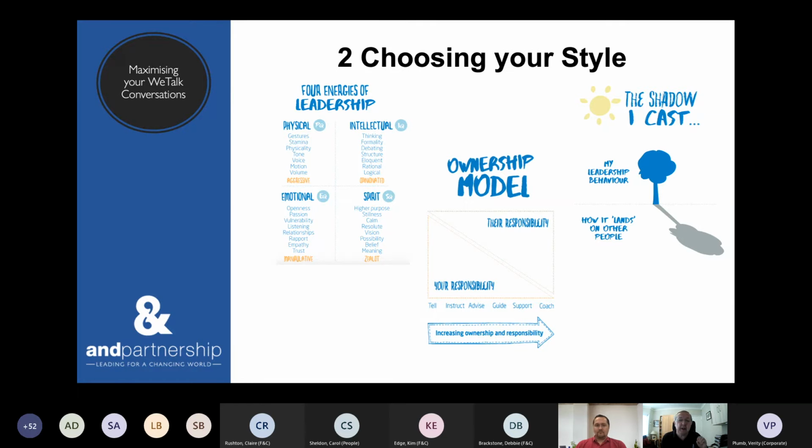Okay, so hopefully that's the being side. This is about thinking about your mindset, thinking about your style. And for those that asked, all these slides will be available afterwards. What Lee's going to do now is take you through this being section on the right hand side of the model.